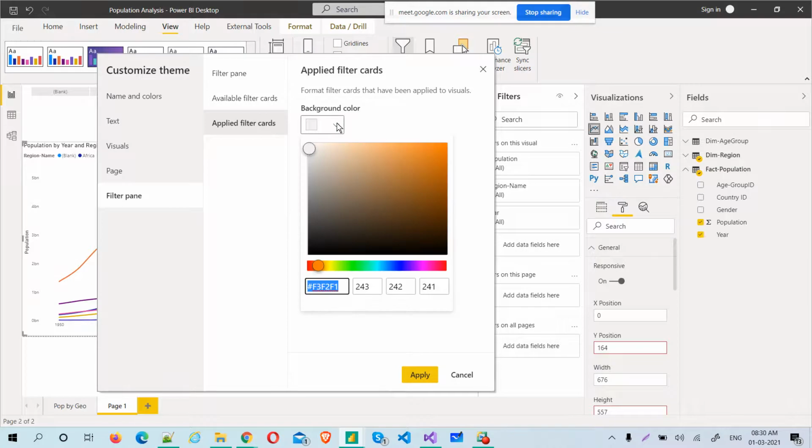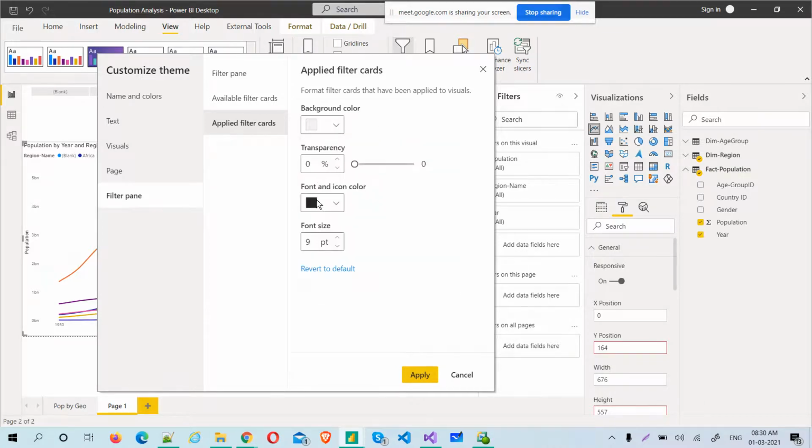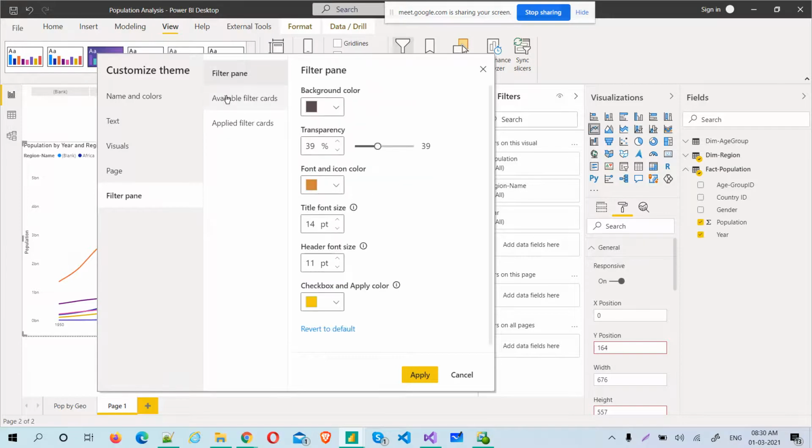Background color, I'll just go with this at this moment. Now let's see something 12. Applied filters: once you apply filters, how this looks, available filters, how this looks, filter pane. Now you understand all these things and just click apply.